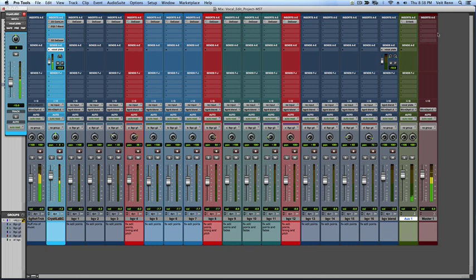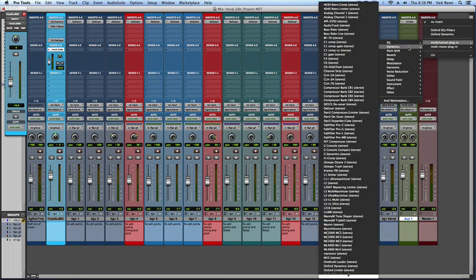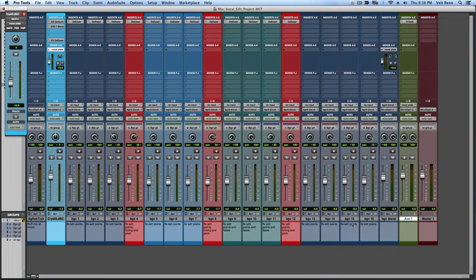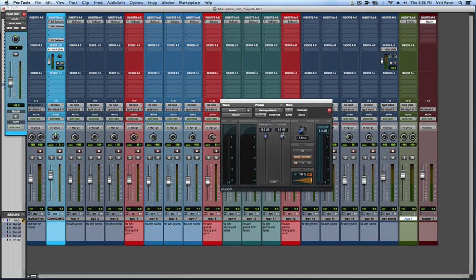Now I'm alone again. Now, if you wanted to finish this up with a little bit of Maxim, I don't have a problem with that, as long as you're not clipping into Maxim, and that your ceiling is under minus 0.3, and that your attenuation does not exceed 1 or 2 dB. If it starts sounding like this,